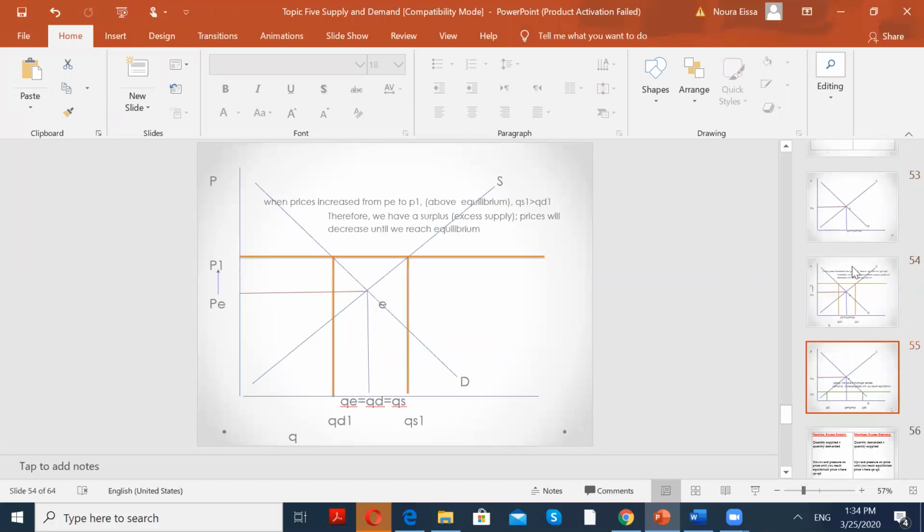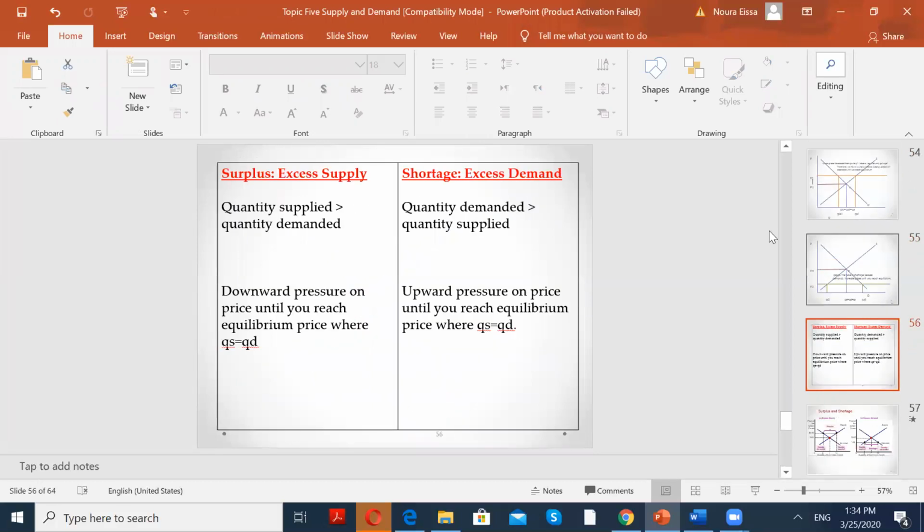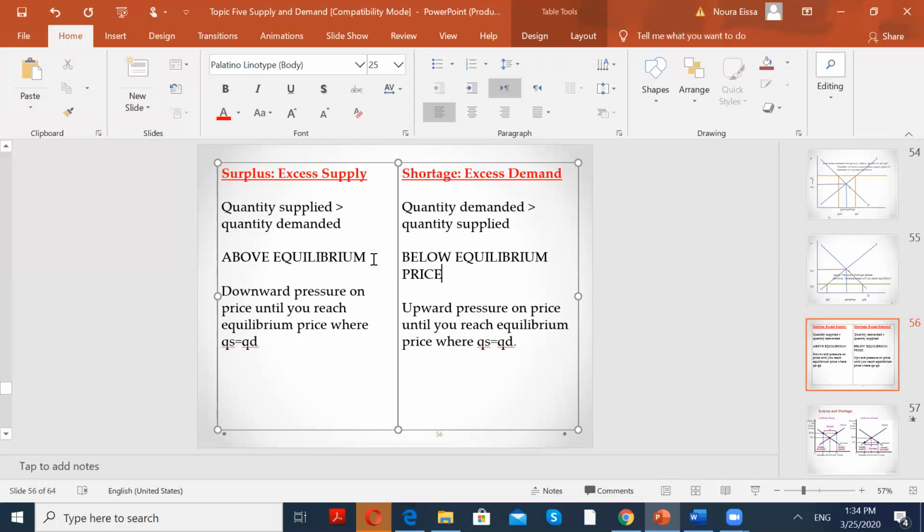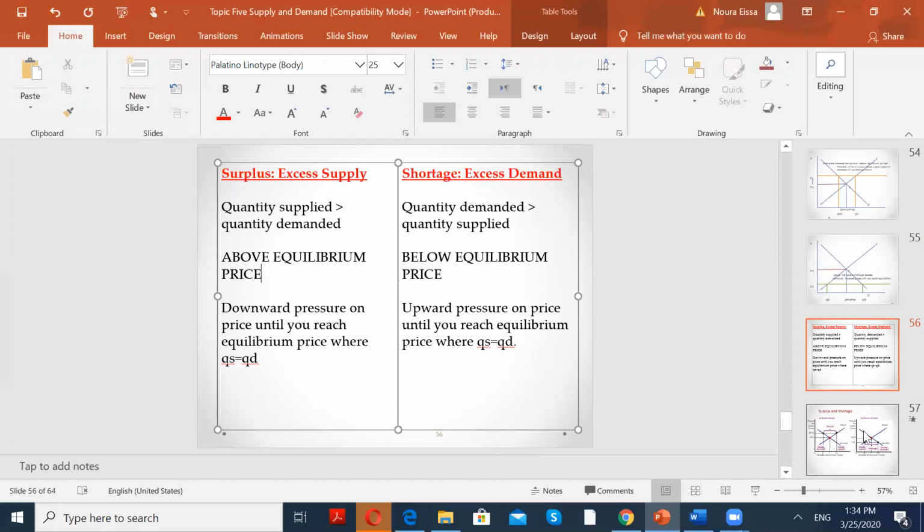So here we have the definitions. Again, excess supply or surplus. This is when you are, again, above equilibrium. Shortage, you are below equilibrium. Equilibrium price. Above equilibrium price. Okay? So if you look here,